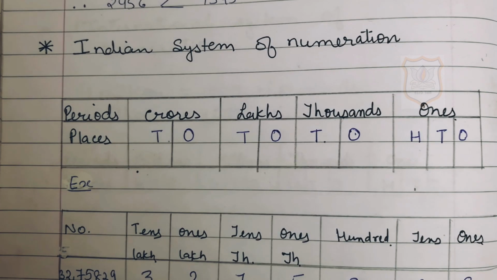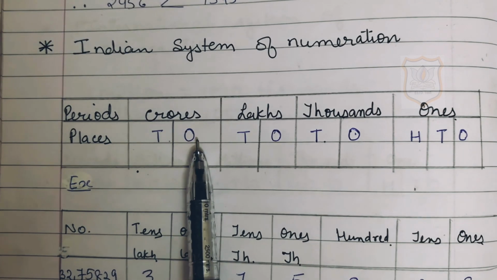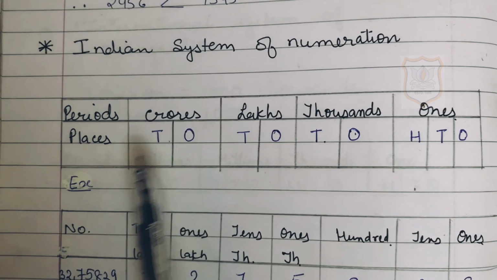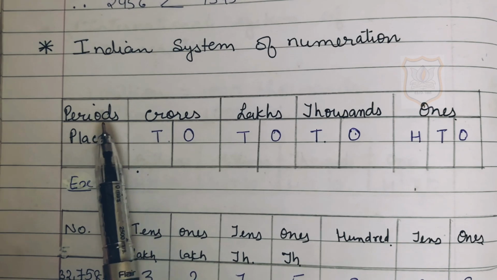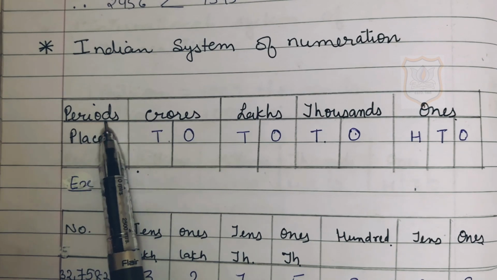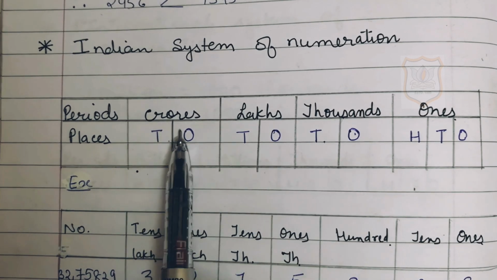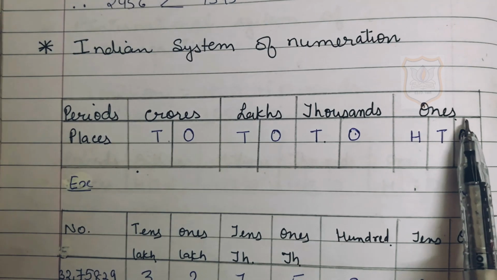Values of the places in the Indian system of numeration are ones, tens, hundred, thousands, 10,000, lakhs, 10 lakhs, crores and so on. The following place value chart can be used to identify the digit in any place in the Indian system. Here a place value chart is drawn which includes periods and places. In the periods column, ones, thousands, lakhs, crores and so on are mentioned,